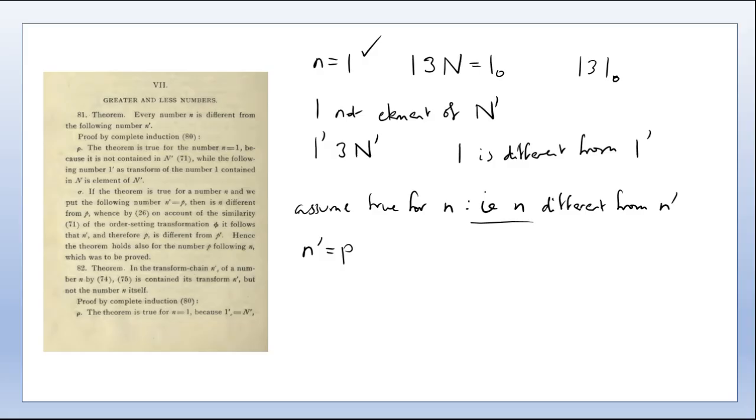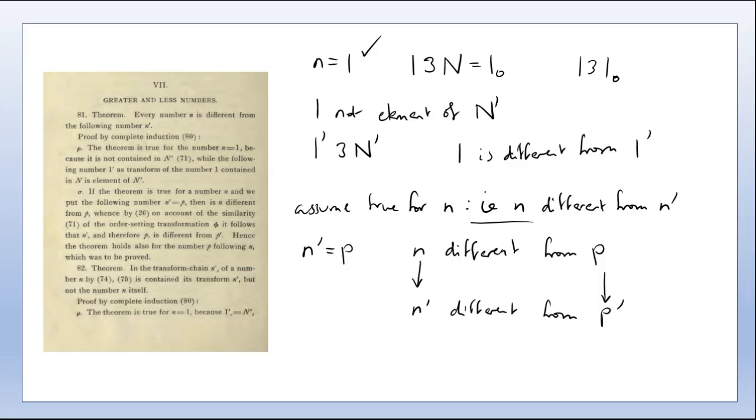So n is different from p. So we apply our transformation to both n and p. And then if we think back to definition 26, that means that because the transformation phi is similar, we've got that n primed is different